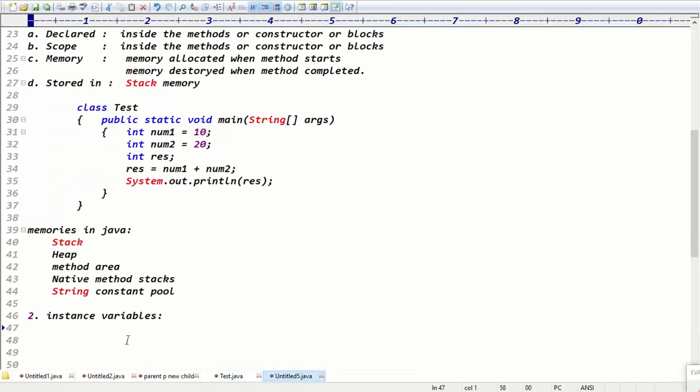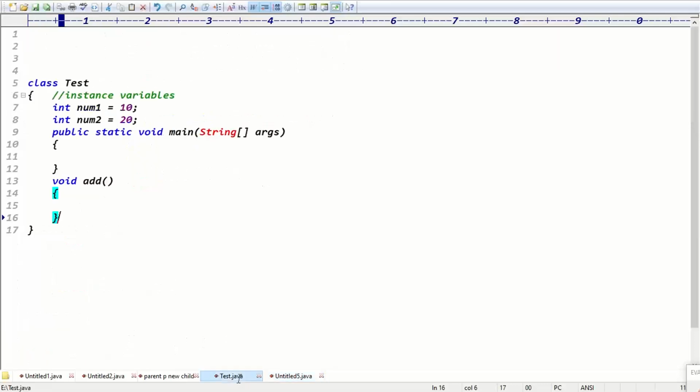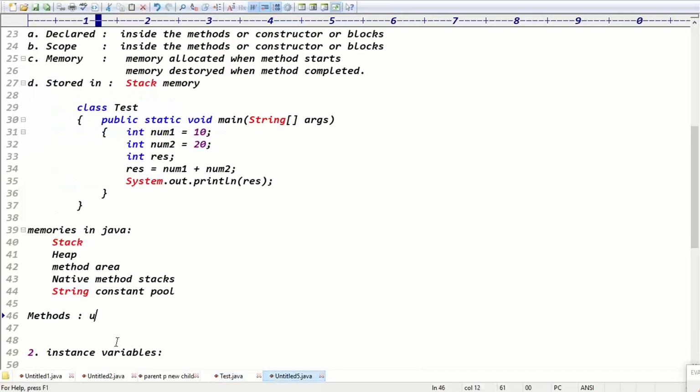Coming to methods, guys, as you know, what is the purpose of the methods? What is the purpose of writing the methods? Business logic. Inside the class, I said directly you cannot put the business logic. That's why inside the class you can declare the method, main method or any method. Inside the method you can write the logic, right? Guys, methods are used to write the logics of the application, right?